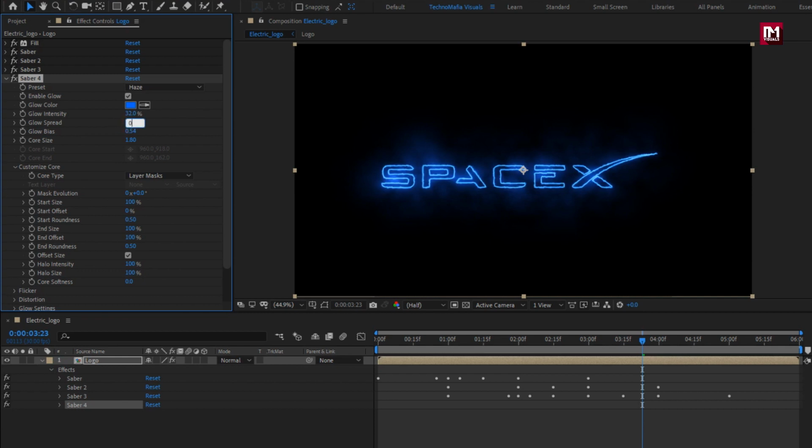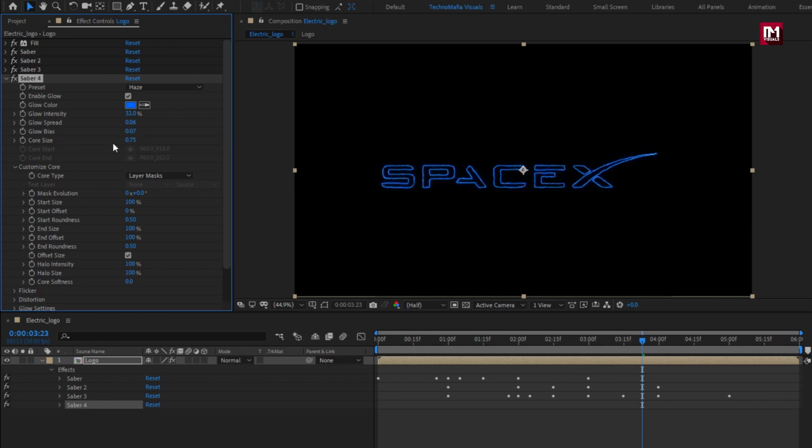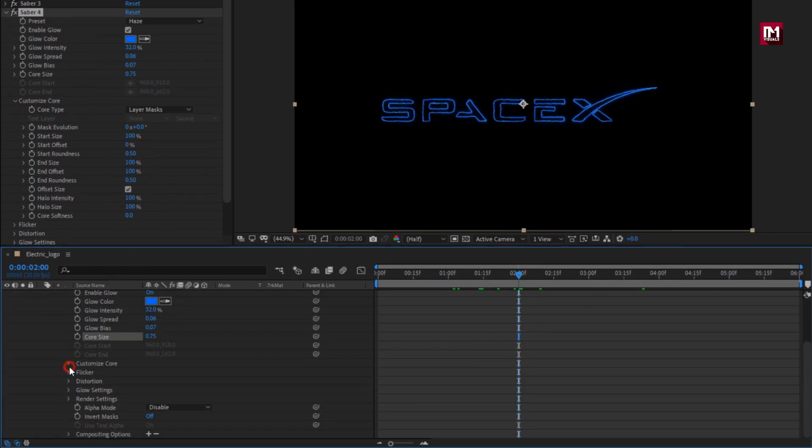Set glow speed to 0.06. Set glow bias to 0.07. Set core size to 0.75. Now at near about 2 seconds, in Customize Core,